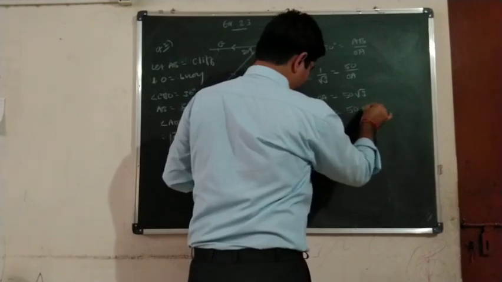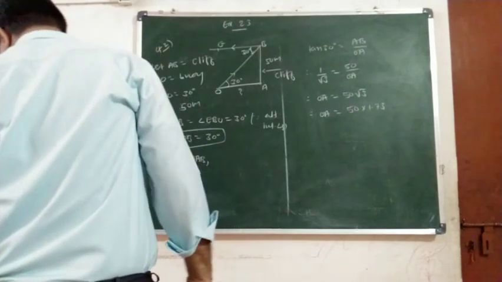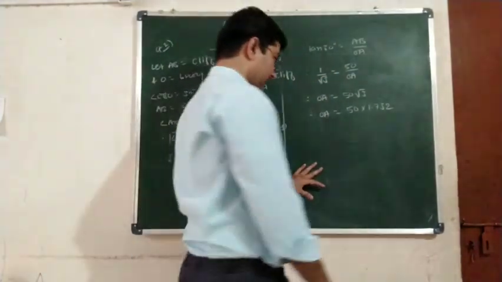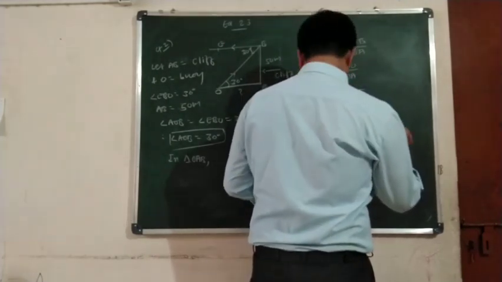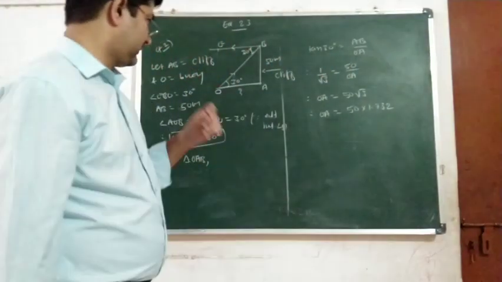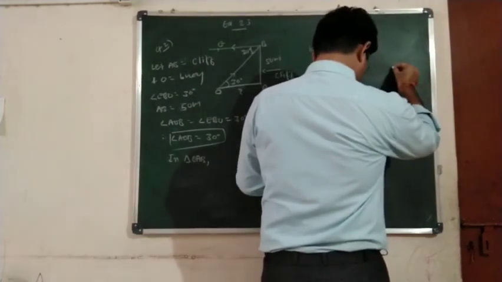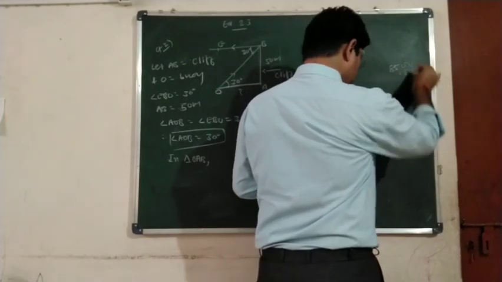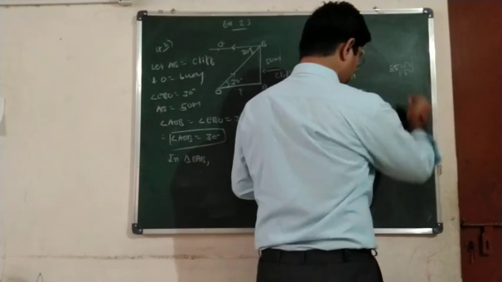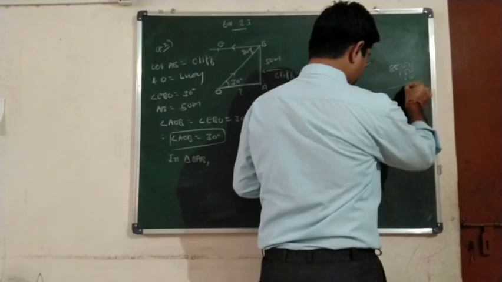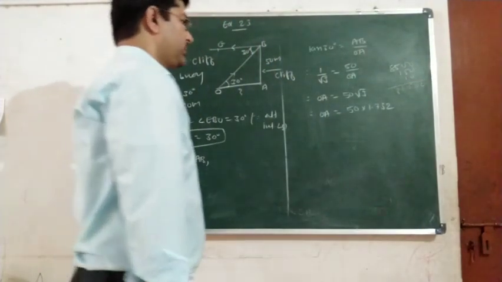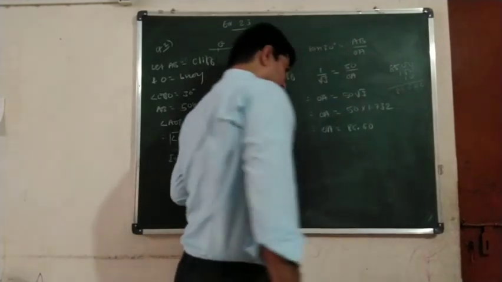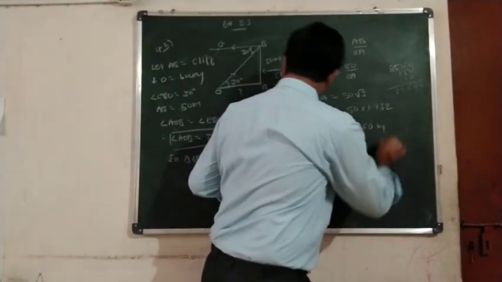Therefore OA is equal to 50 into 1.732, or 1.73 simply. Here you are given 1.732. So now let us multiply with 50. Okay, so the answer will be 86.6. OA is equal to 86.60 meters, and therefore